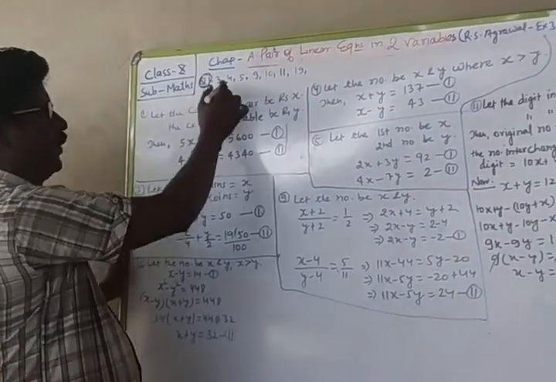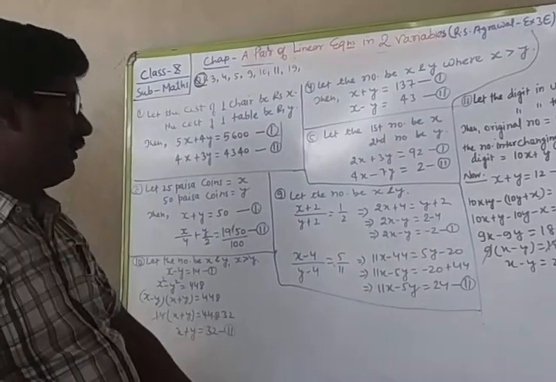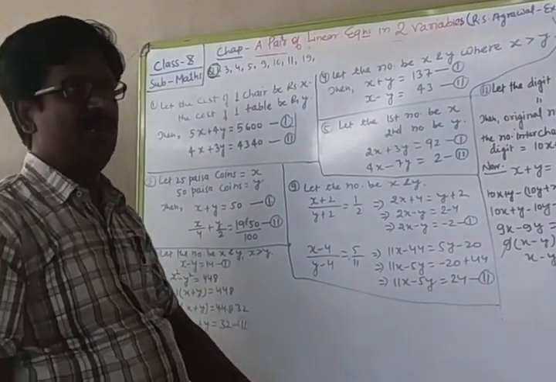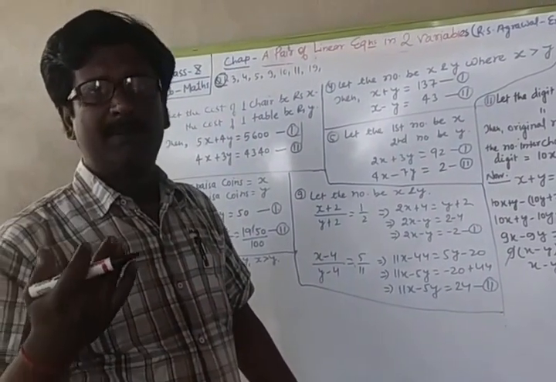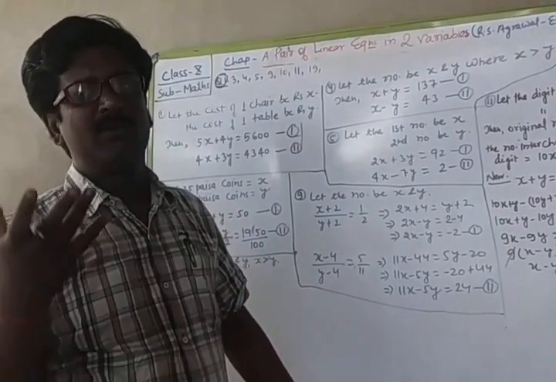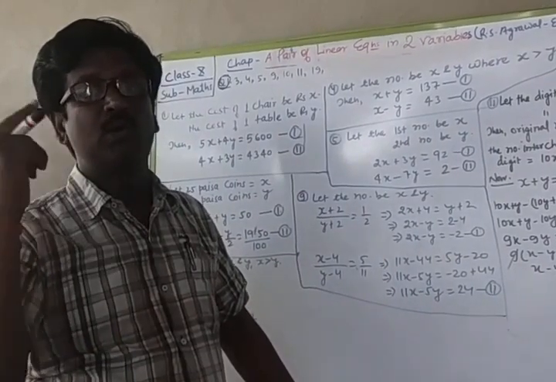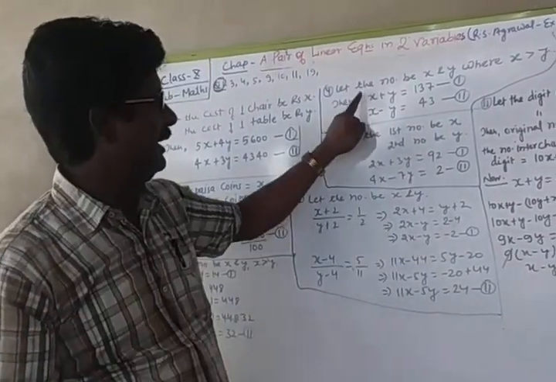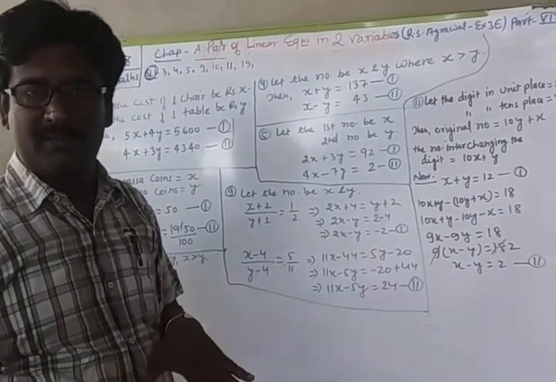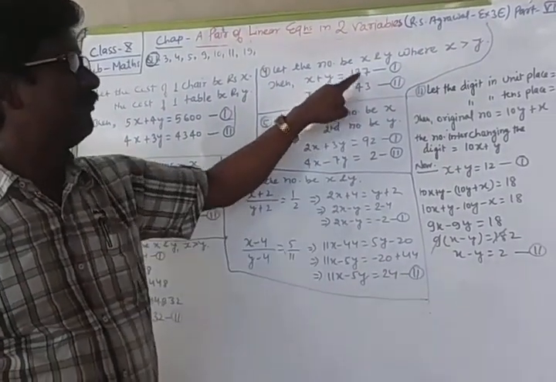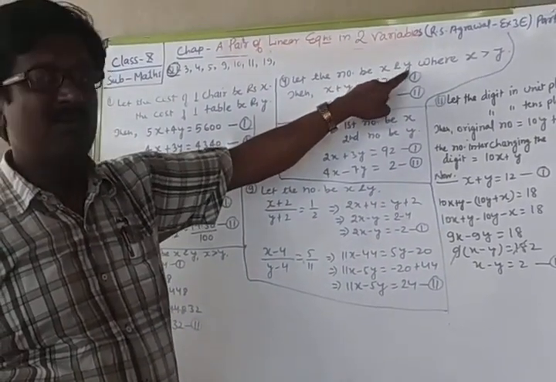Now question number 4. Question number 4 is given: the sum of two numbers is 137 and the difference is 43. One most important thing you should always remember: in questions where a difference is given, and you are going to consider two numbers as variables, first make clear which of the two variables is greater. So just see, I have considered the numbers x and y, and I have made clear that x is greater than y. So the sum of x and y is 137, and the difference of x and y is 43.